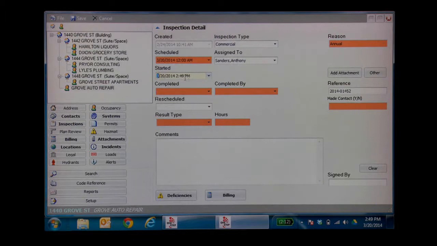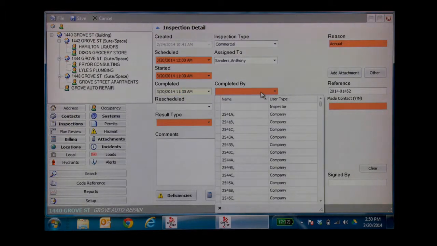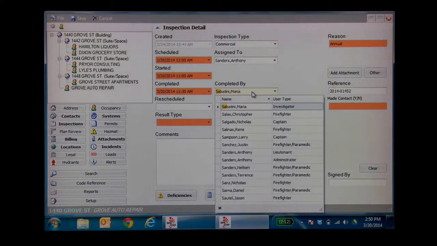We're going to give our inspection a started date, which is today, March 20th, 2014, and the time of 11 a.m., and that we completed the inspection March 20th, 2014 at 11:30 a.m. We're going to input who completed the inspection, not the company that completed it, but the individual that completed